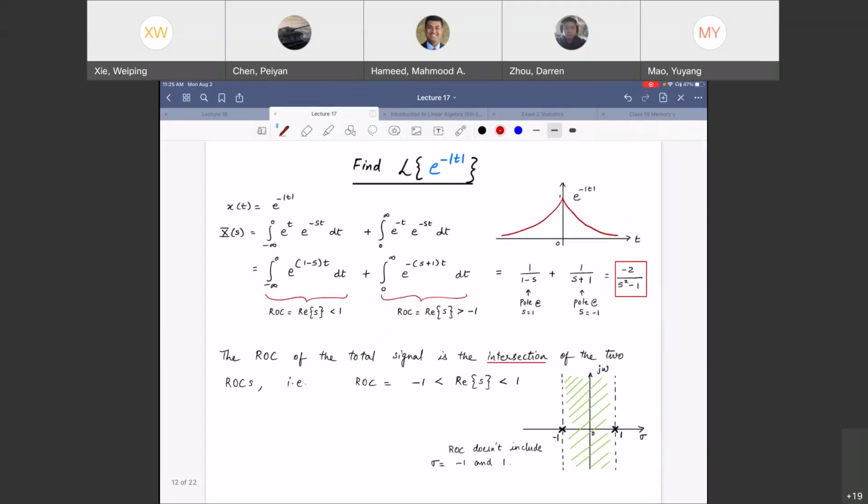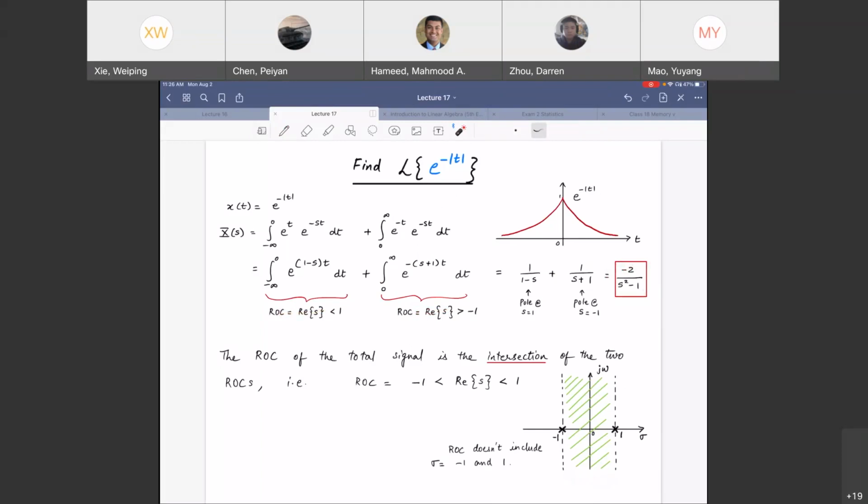Similar proof as before. Here you have a two-sided signal, e to the minus absolute of t. We did this example in the previous class. We found its function in the Laplace domain. We broke it up into two signals, one right-sided, one left-sided. We found their individual Laplace transforms along with their individual regions of convergence. Then by using the linearity property, we found the intersection of the regions of convergence to look at it as a